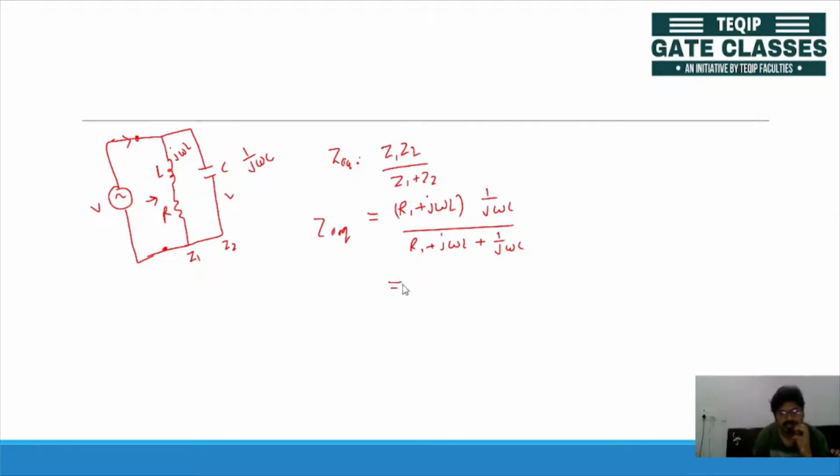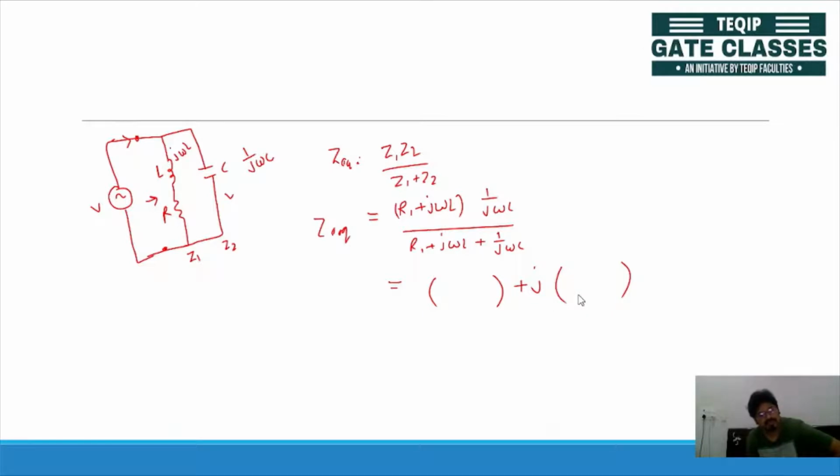To separate the real and imaginary parts, what you generally do is multiply the conjugate of your denominator in both numerator and denominator. If you do this, you'll get your real part and your imaginary part. Here will be some expression that will be your real part, and j times some expression will be your imaginary part.